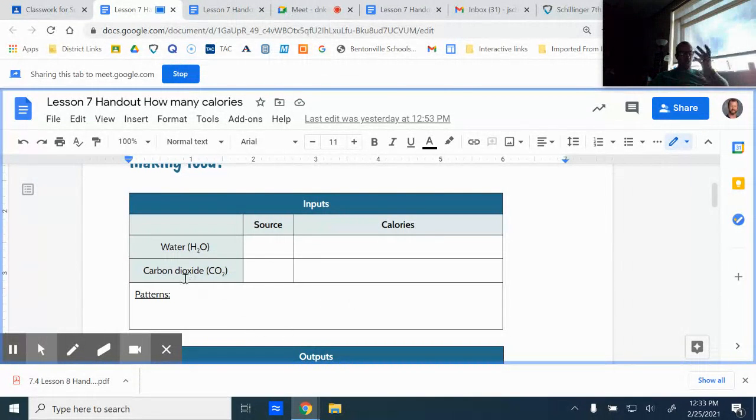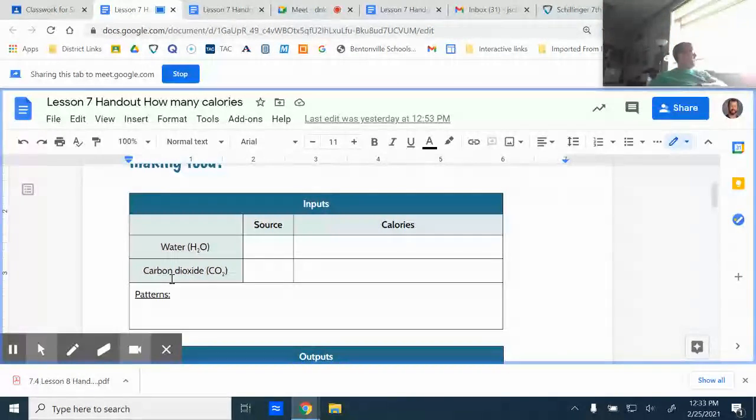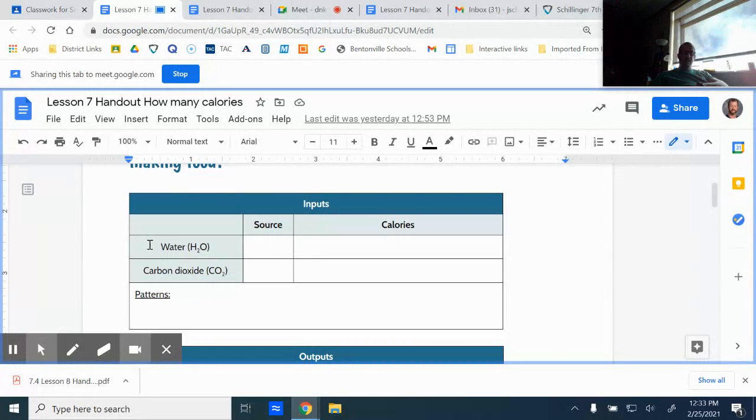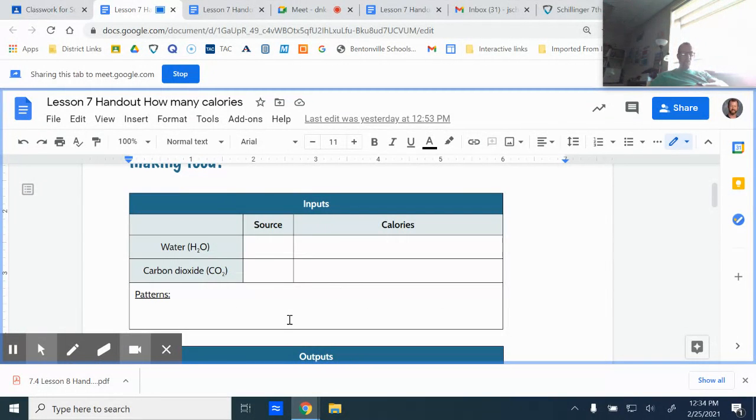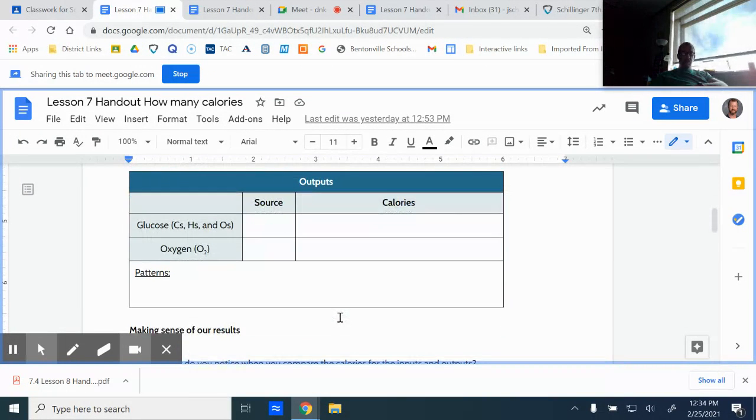Will, carbon dioxide, the stuff you blow out of your body, do you think that has any calories to it? No. Okay, so both these are zeros, so that's a pretty easy answer right there. Where it says patterns, what I want you to do is explain how water and carbon dioxide move through the plant to the chloroplast. That's all you're going to do where it says patterns. Now down here where it says outputs,